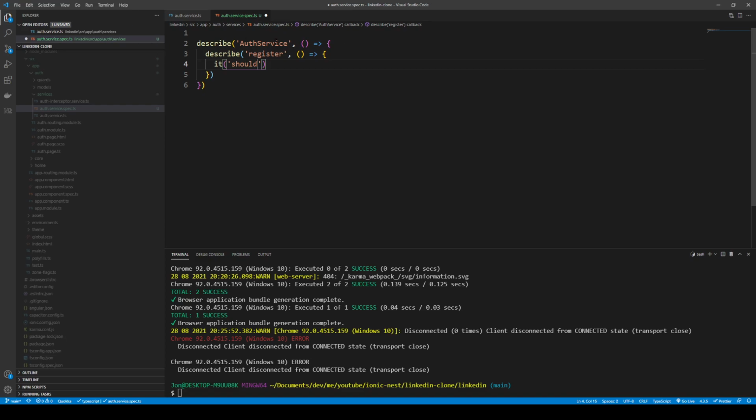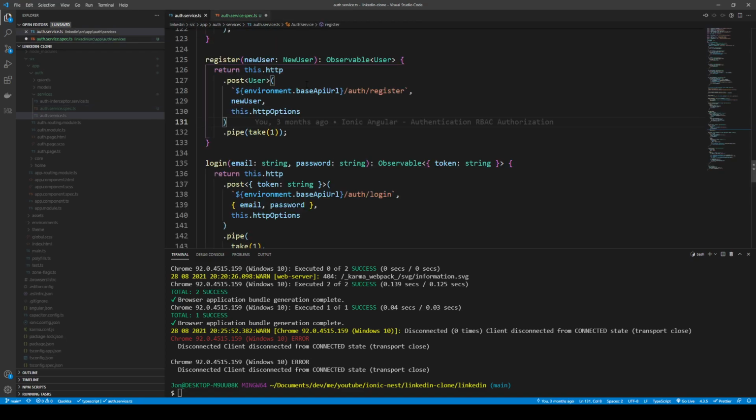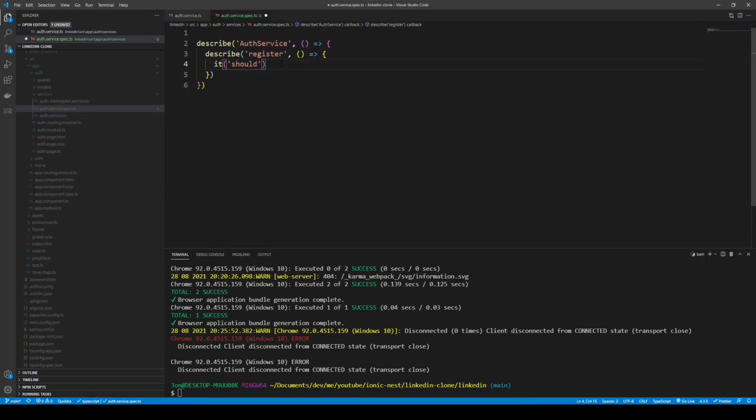So we know it's an auth service, we know it's a register method that we're calling. So the register method, what it should do, and if we have a look at it, we know that it's returning an observable of the user type based on our user that we register with, or new user. So basically it should just return the user,